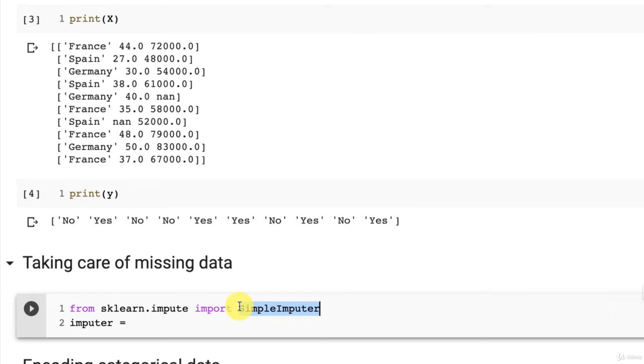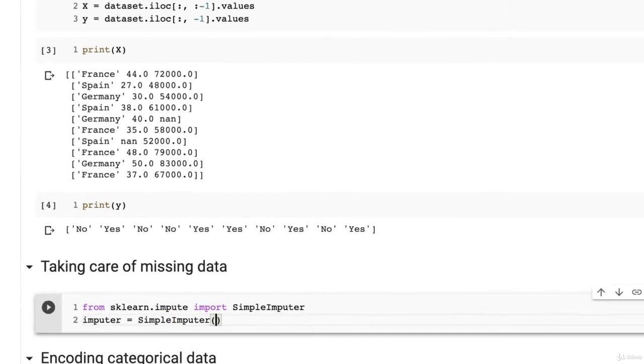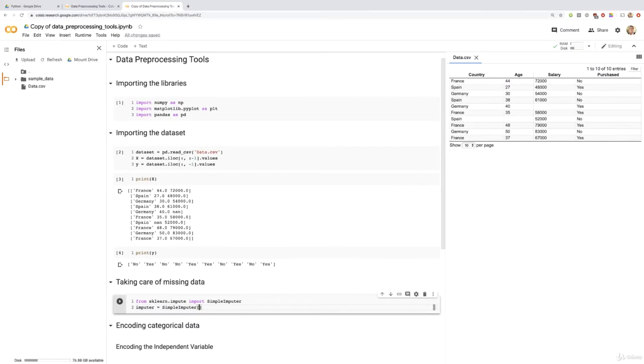So I'm going to copy this and paste that here. That's how you create an object of the class. You simply call the class, then you add some parentheses, and there you go. Now you're going to enter the right arguments in order to replace this missing salary by the average of